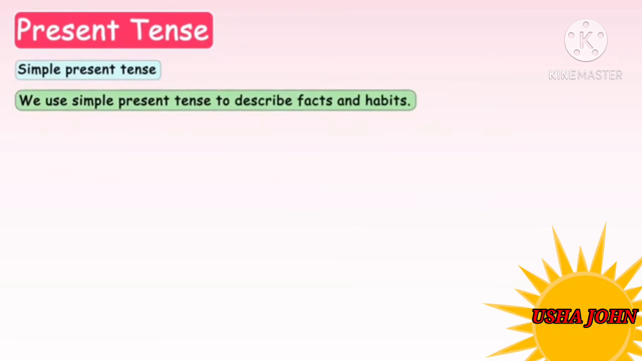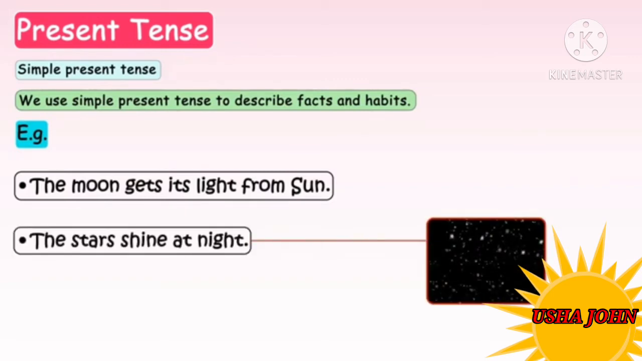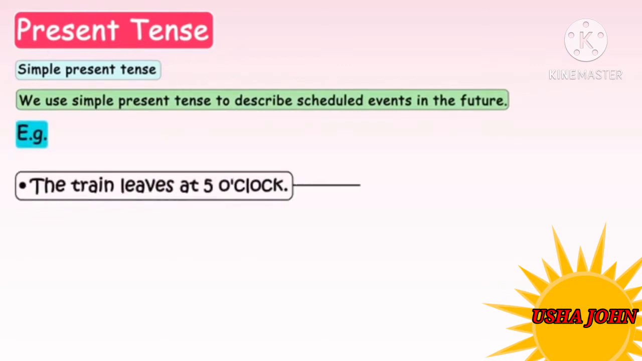We use simple present tense to describe facts and habits. Example: the moon gets its light from the sun. The star shines at night. It's a universal truth. We use simple present tense to describe scheduled events in the future, that is planned or